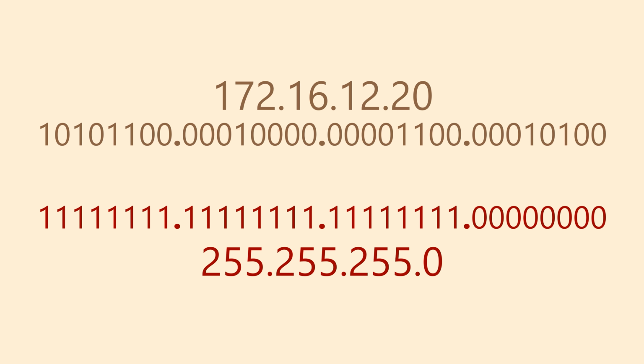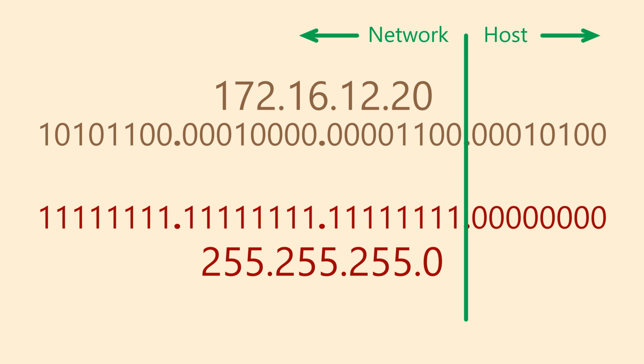The IP address looks almost random. In contrast, the subnet mask looks very orderly. All the ones are on the left, and all the zeros are on the right. Let's draw a line between the ones and zeros of the mask, up through the IP address. The IP address is now in two parts, the part covered by the mask's ones and the part covered by the mask's zeros. If you look at it like this, it's quite simple. The part on the left is the network address and the part on the right is the host address.